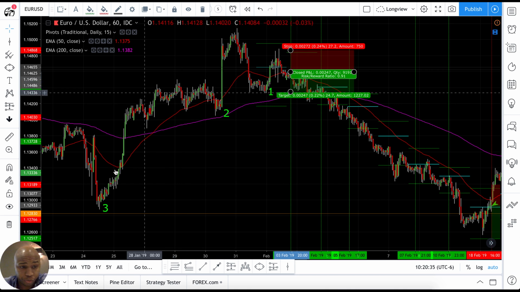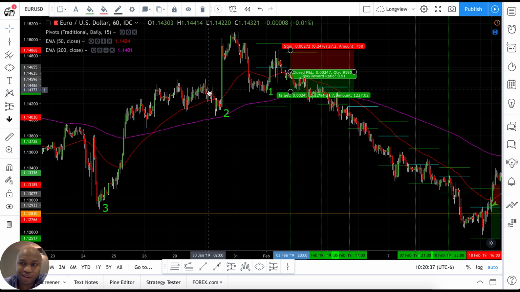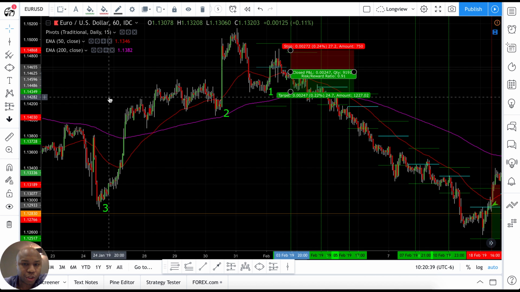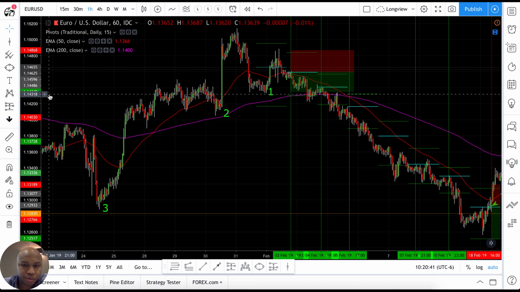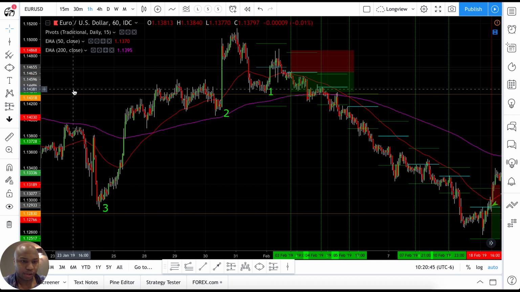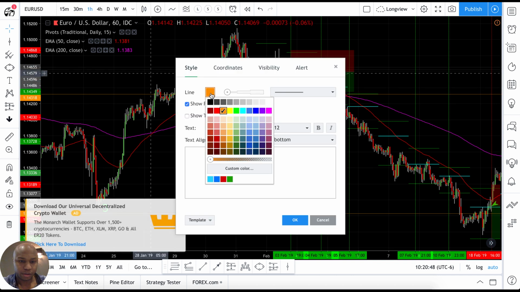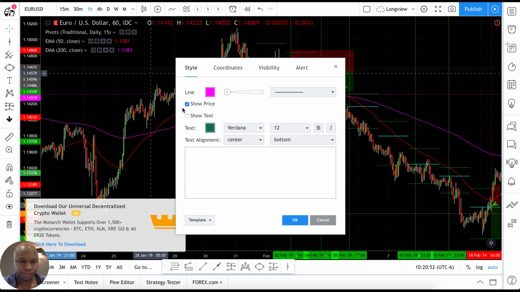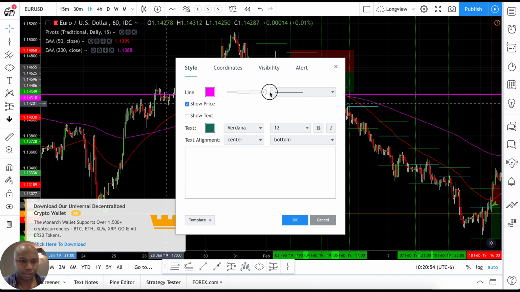Okay, so these are free charts. I need pro charts to do that. But what you want to do is have alerts. I'll have these orange lines signify. Let me make it a different color. I'm getting better at this, y'all. Y'all bear with me. So this pink line